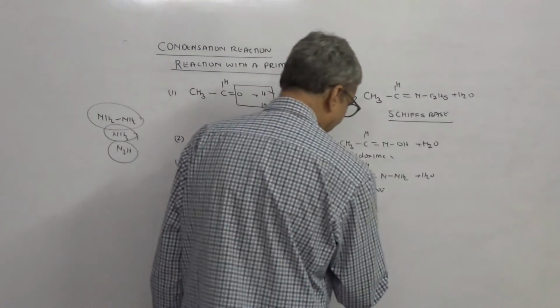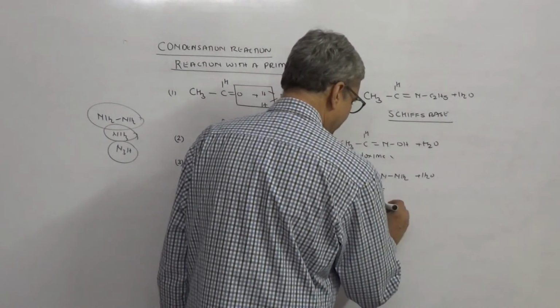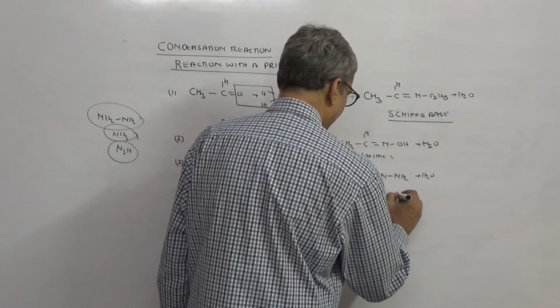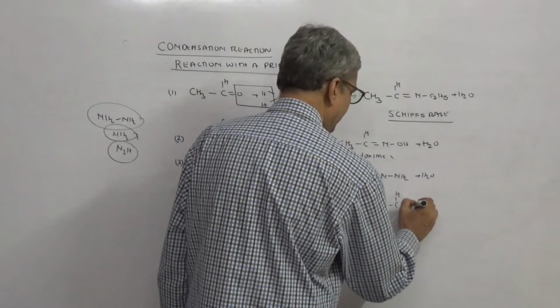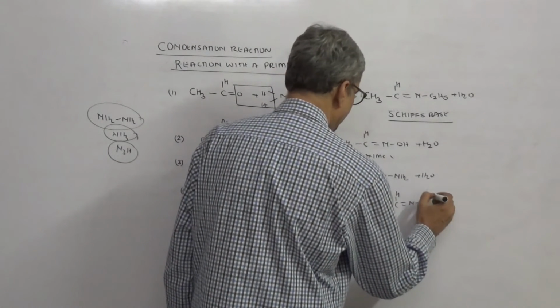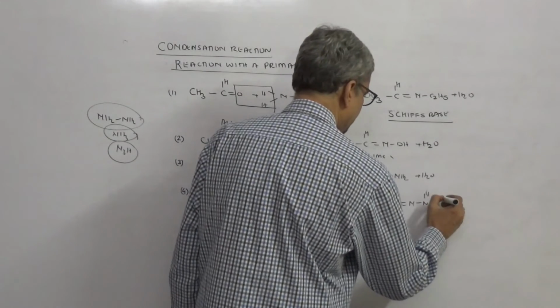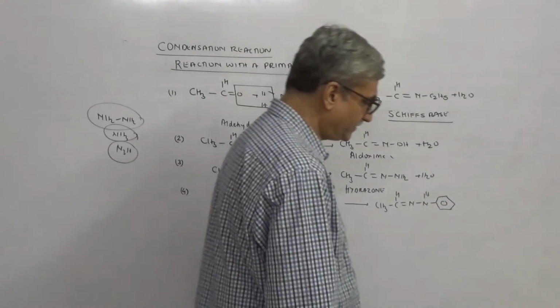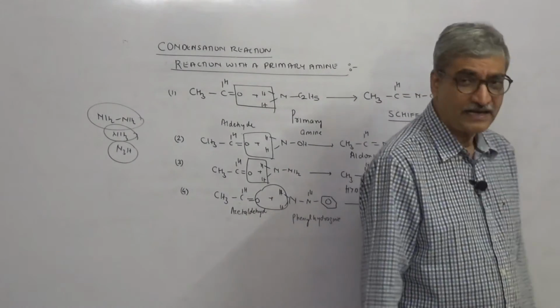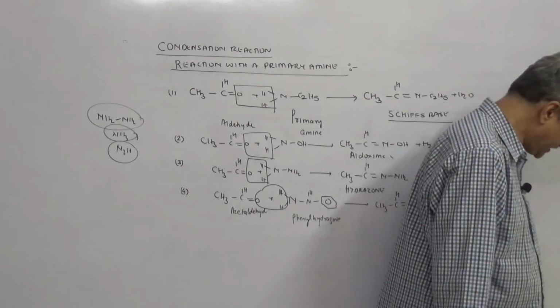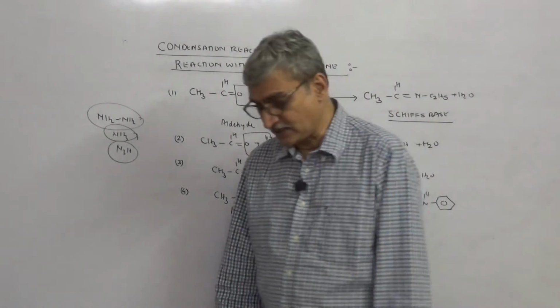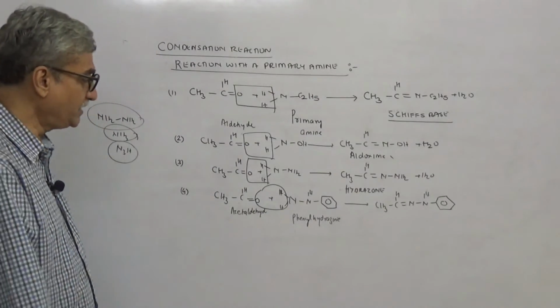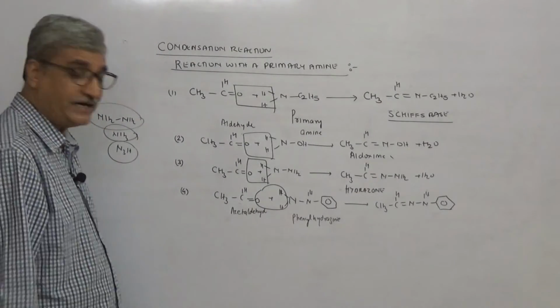So now we have CH3, CH double bond N, NH, and this is C6H5. So this will be a phenylhydrazone compound. We'll have phenylhydrazone. These are colored compounds, याद रखना. Then इससे भी faster करने का है. If you want this to react faster, then you have a nitro derivative.